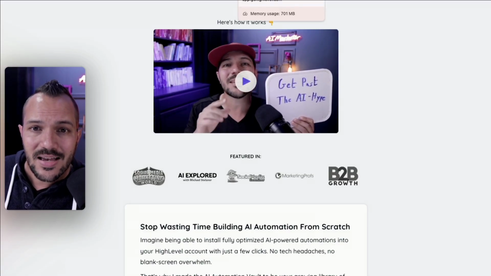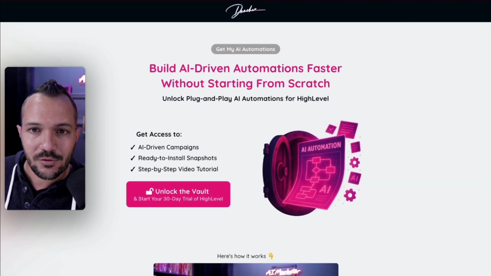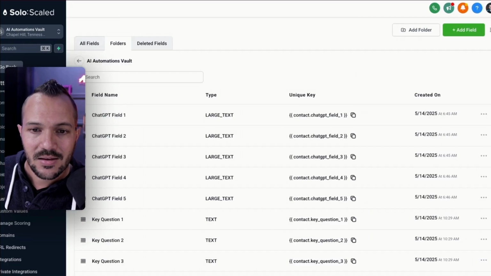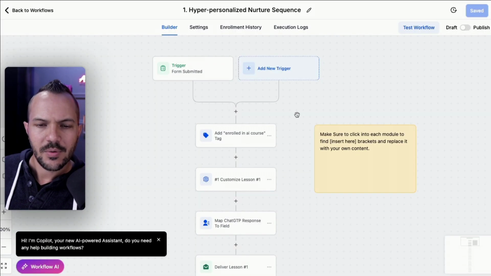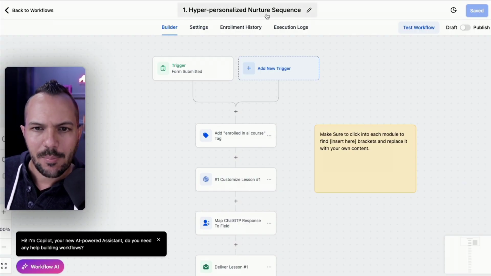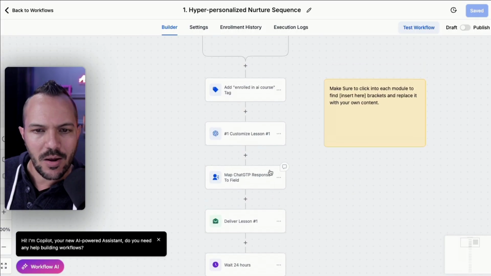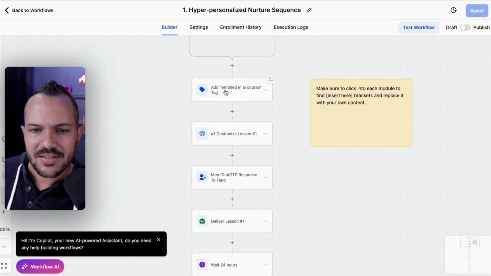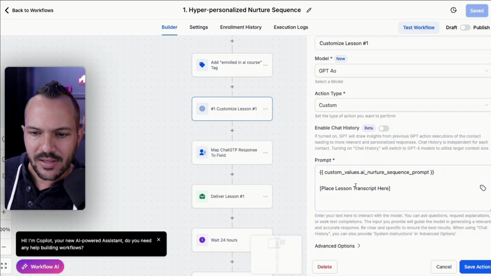Let me show you exactly what you're going to get if you download this automation and install it in your high level account. This is actually the system where I have it right now. So in this snapshot, I have the hyper-personalized nurture sequence. I've taken my course name out of here, and you'll have to change it to whatever sequence you make it into. And I still have all the bones here of what we had created before with the tag enrolled in the AI course, the ChatGPT prompt already kind of ready to go with the custom